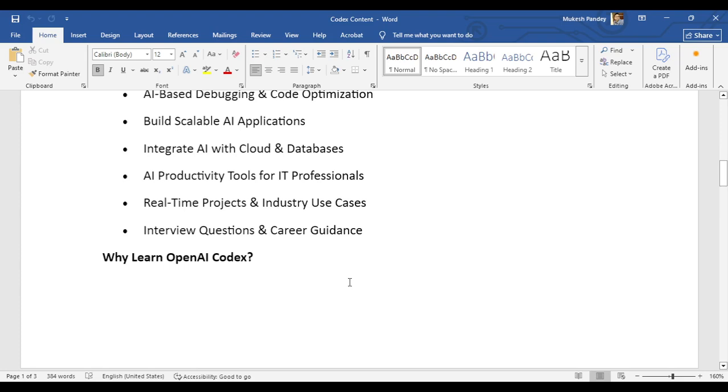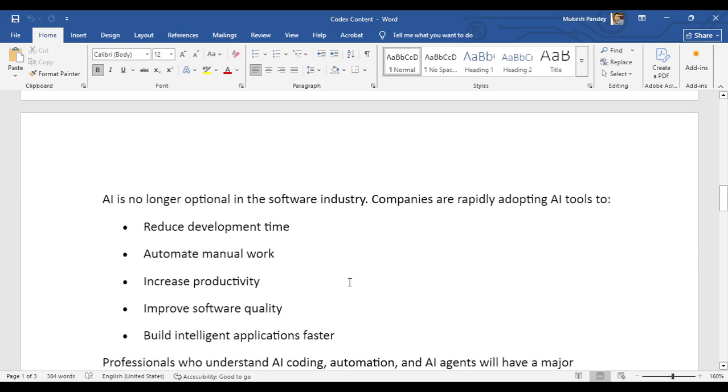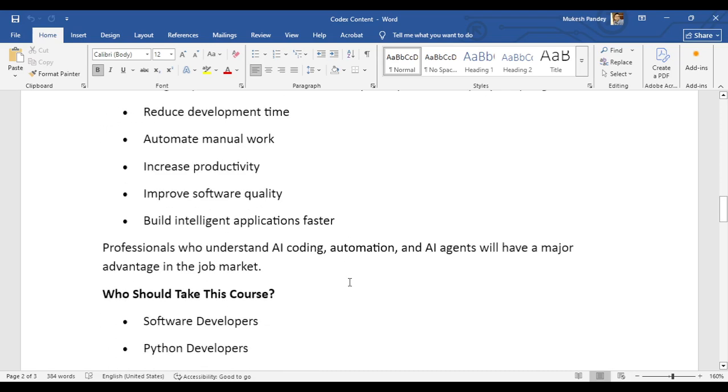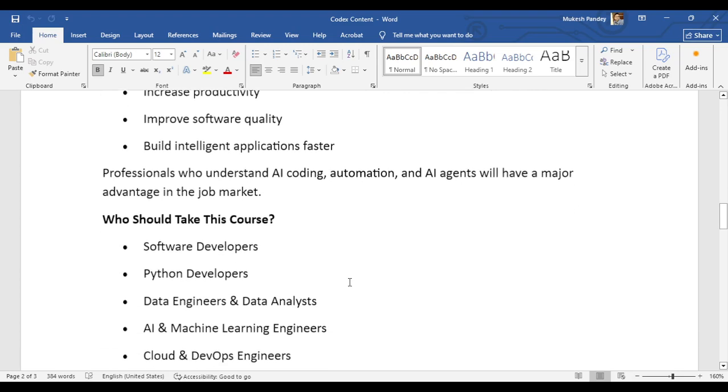While learning OpenAI Codex, you will see this is a very powerful tool to reduce development time, automate manual work, increase productivity, and improve software quality. So who should take this course?